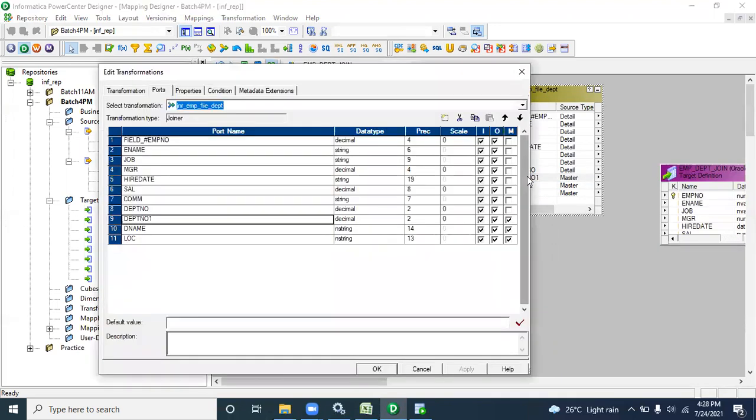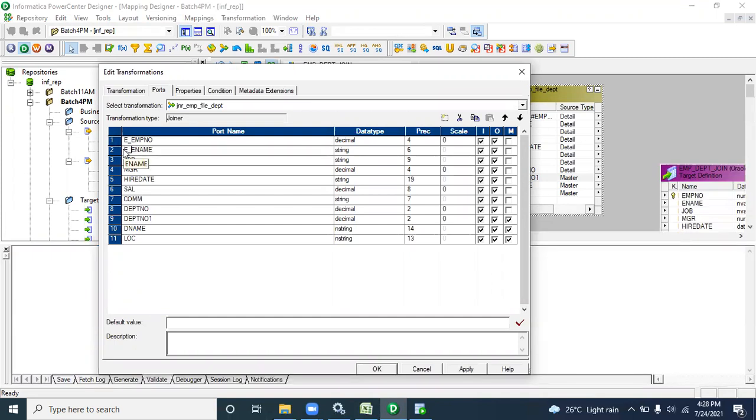You can also rename the ports, just putting some dummy name like E for EMP. In Informatica you can change the name to anything except the data type. In real time you code this way, so you can easily identify that E means EMP. Then for department you can put D.